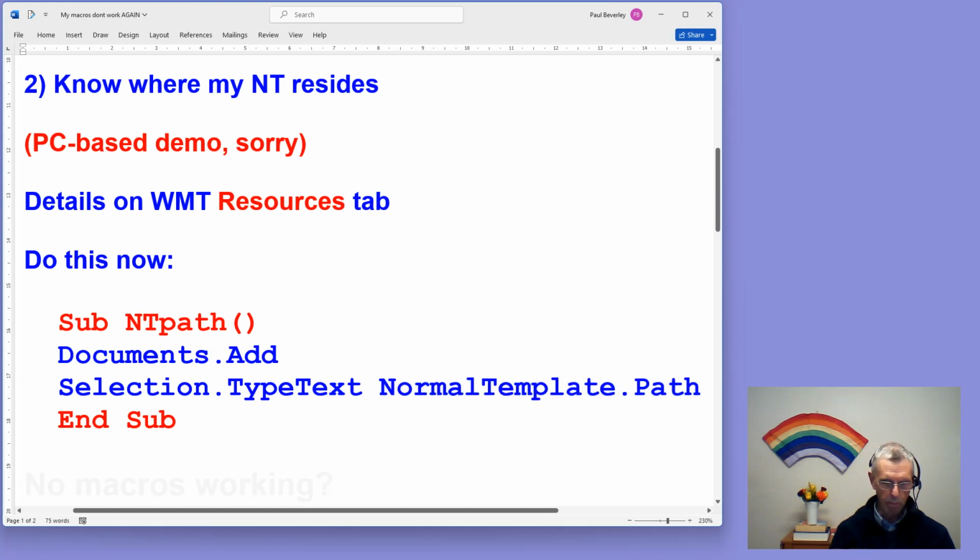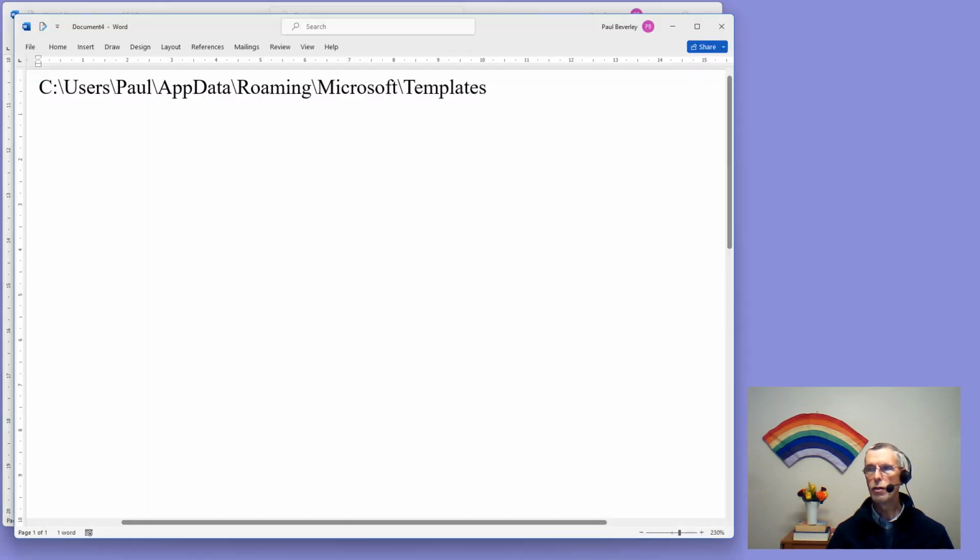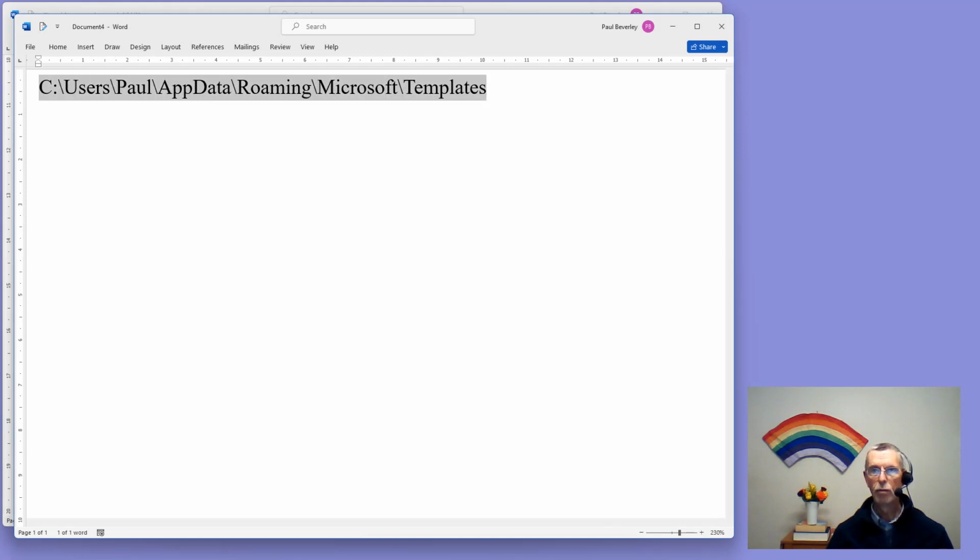So if I run that macro, then we want NT, the NT path, there it is. Above it you've got the NT backup dated and dated simple. Those are the ones that I refer to in the tab. So NT path, run, so it creates a new file and types in the URL, or the address of the folder,